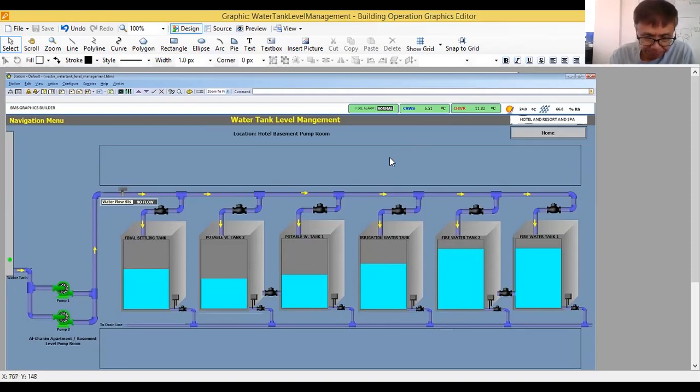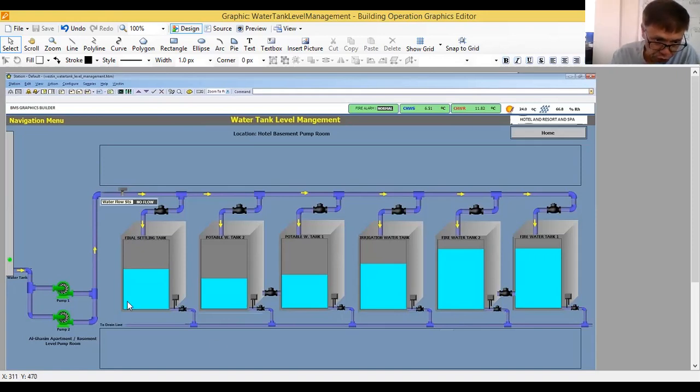Here we have initially created the image or the graphics that we want to show to our user. What I have done here is just insert a picture showing 6 water tanks. In the next part, I will show you how to insert some of the BMS points for monitoring and control.